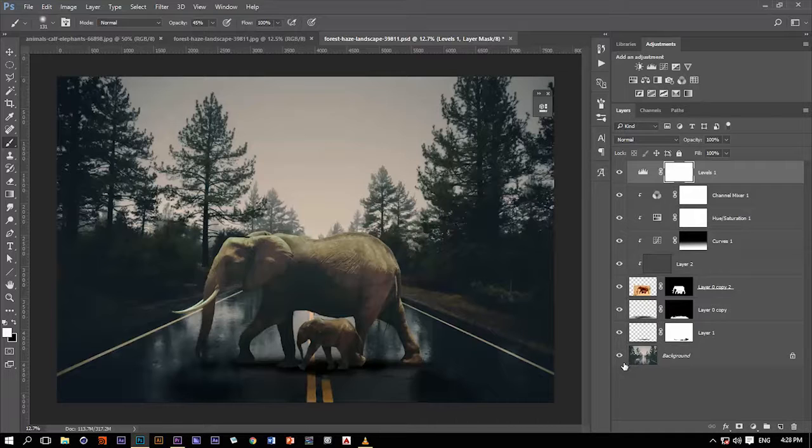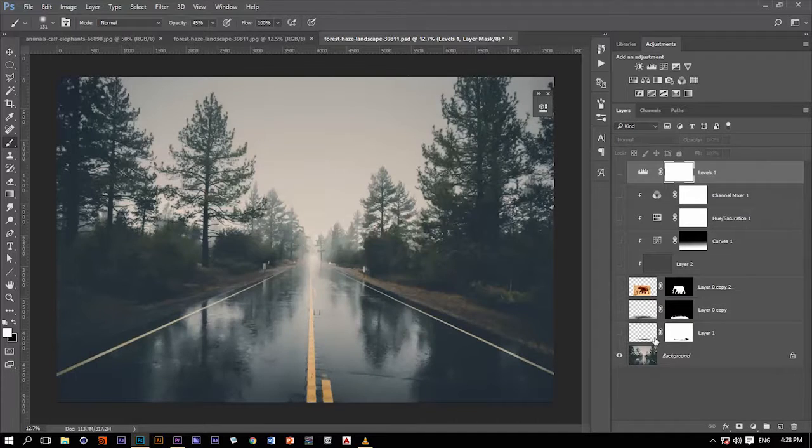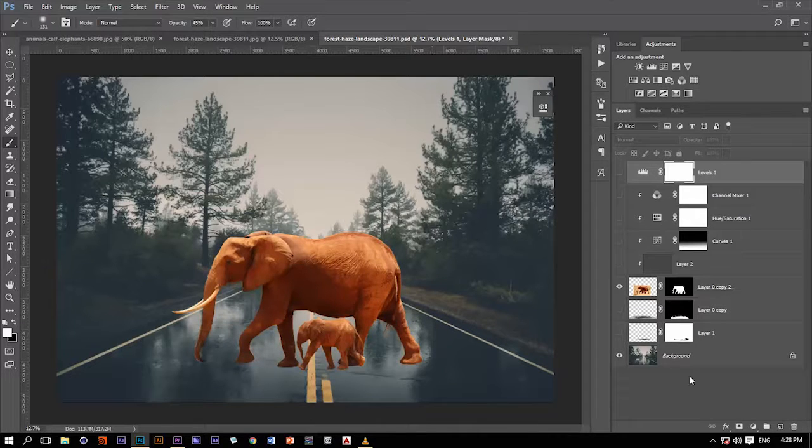First thing that we're going to do is just bring this background, and then we will cut out that elephant from the original background and then bring it in here, and then we will add some shadows, some reflection for that elephant on the street, and then we will do some color correction for the elephant so it matches the background. So we're going to add some curves, some hue and saturation, and some channel mixer,